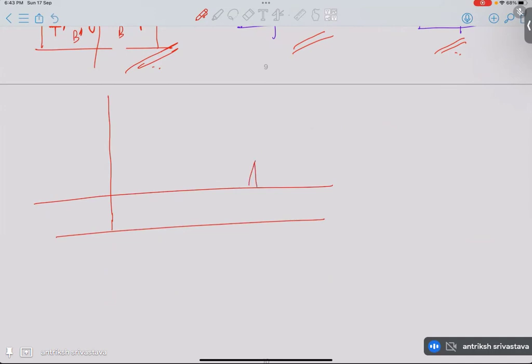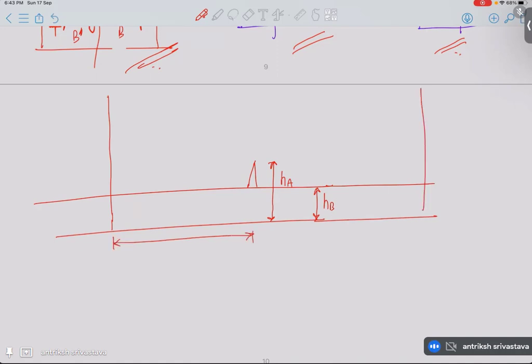I'm going to assume that the bottom is something with height hb from the datum, and top is something with height ha from the datum. And I will just write in from one side, and we'll say from similarity for the other side. So let's say this is at a distance xa for the first photograph, and since the air base is b, this will be